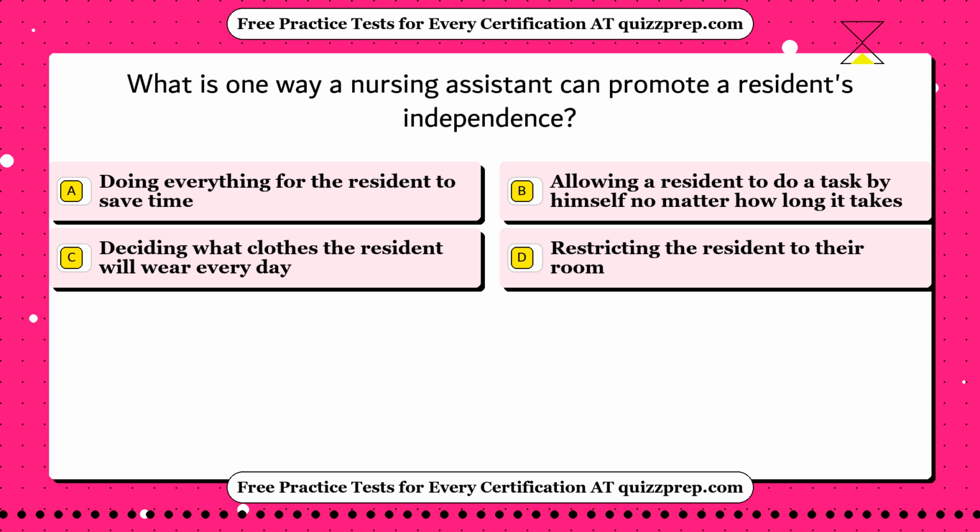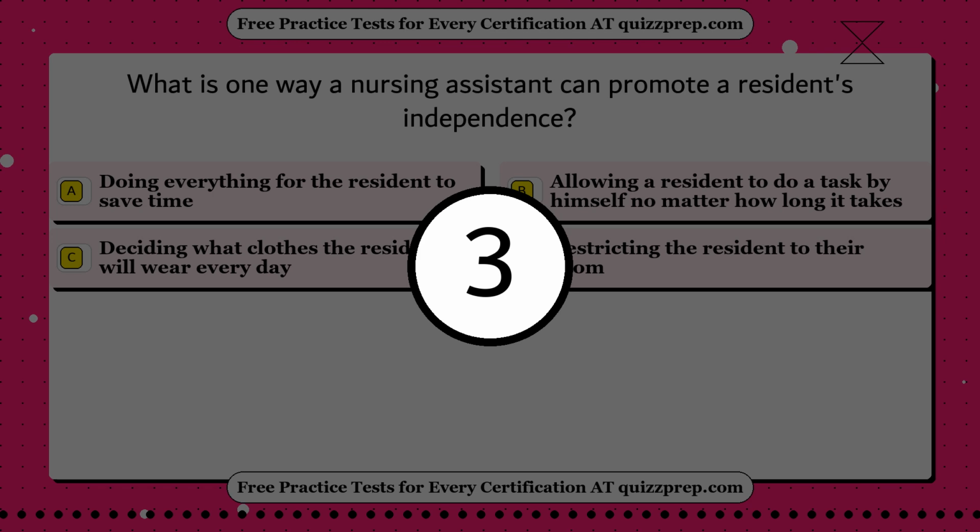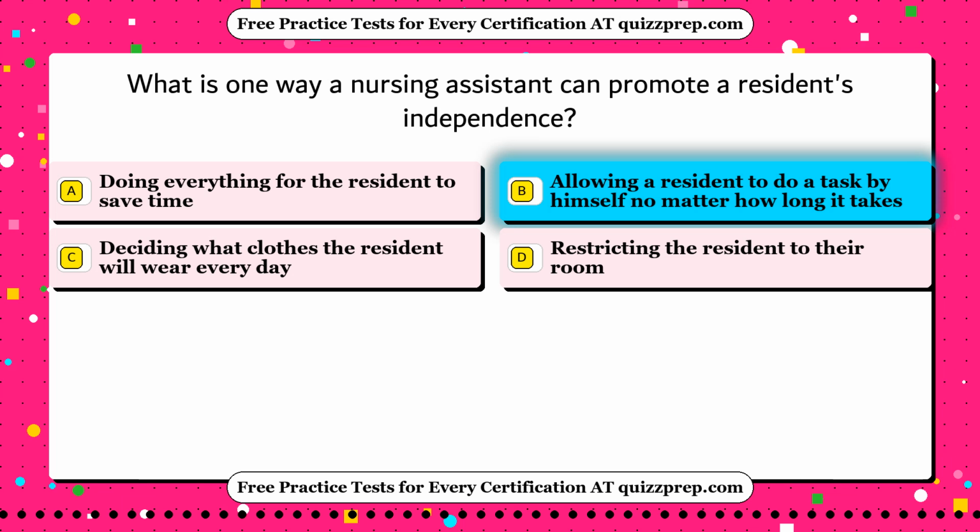Option B, allowing a resident to do a task by himself no matter how long it takes. Option C, deciding what clothes the resident will wear every day. Option D, restricting the resident to their room. The correct answer is option B, allowing a resident to do a task by himself no matter how long it